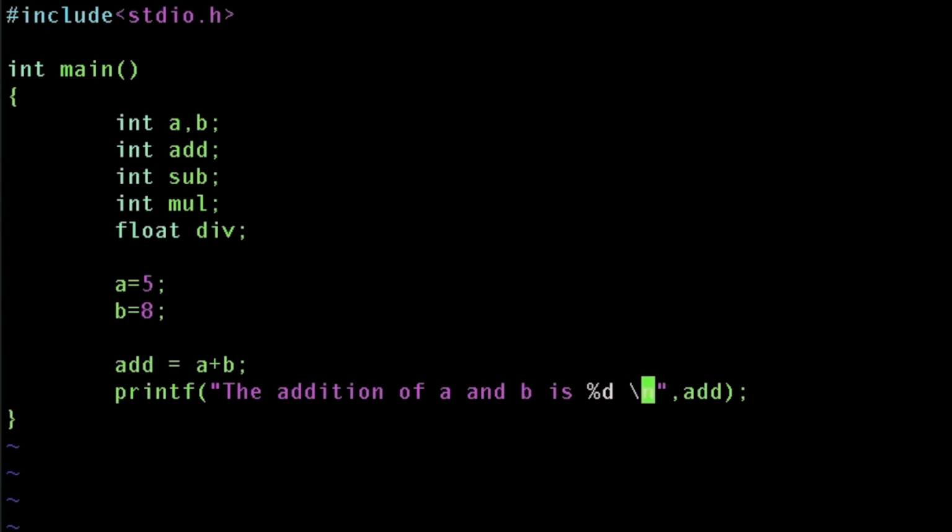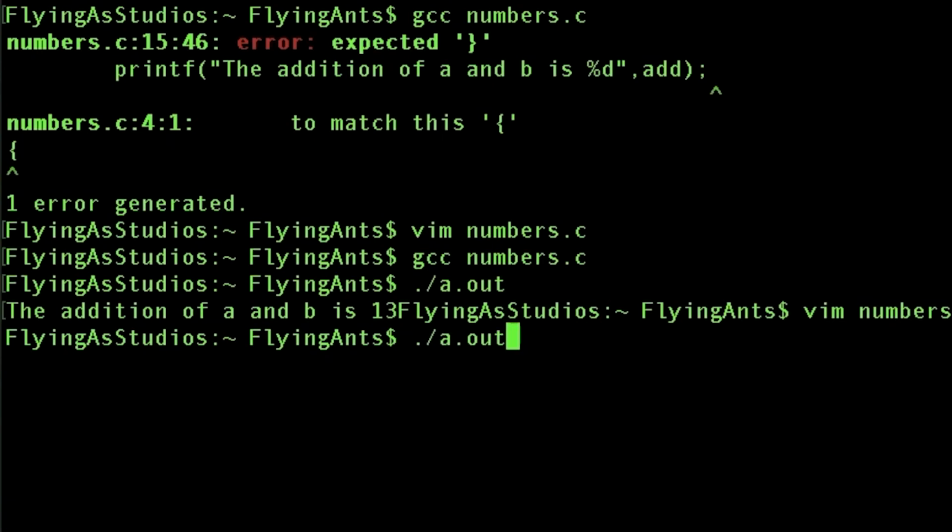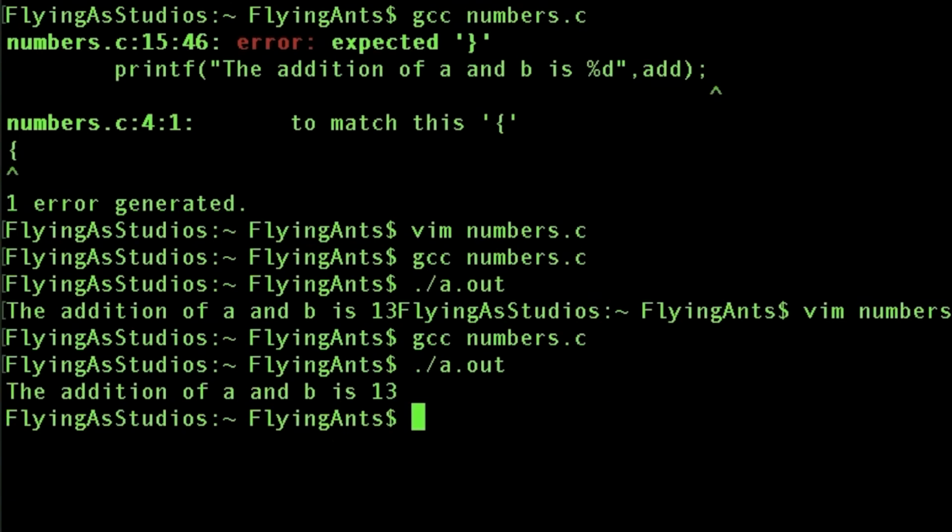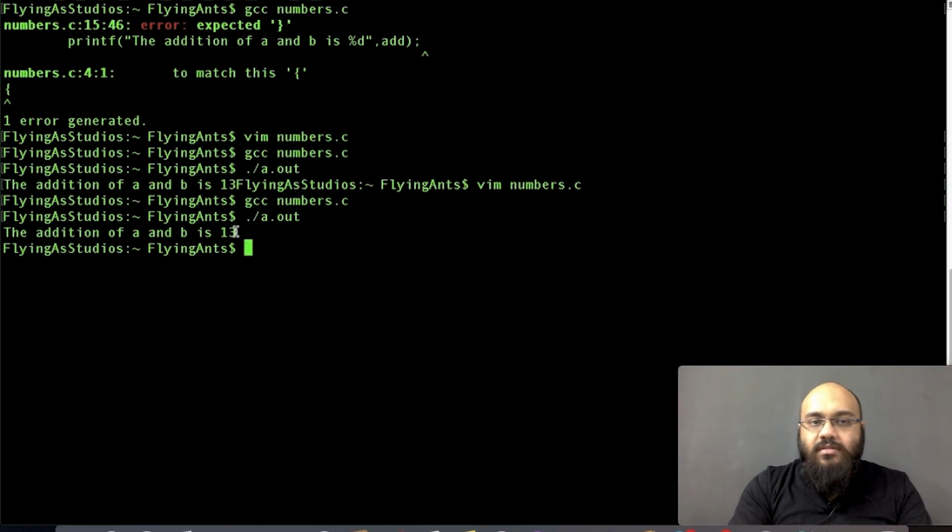It will print what follows on a new line, like just pressing enter. So after printing this, the output will move one line below. Now if we save this, compile it again, and execute it, see, the addition of a and b is 13, and then whatever comes next, the \n makes it move one row down.